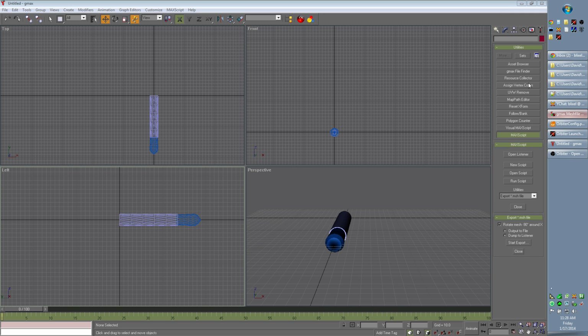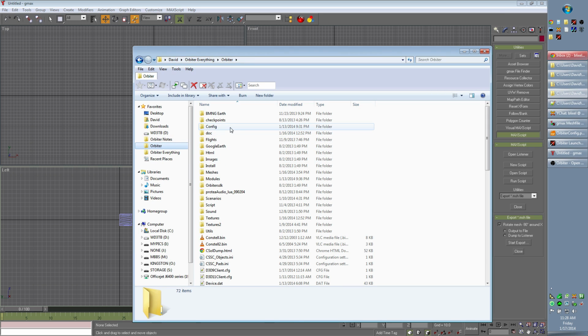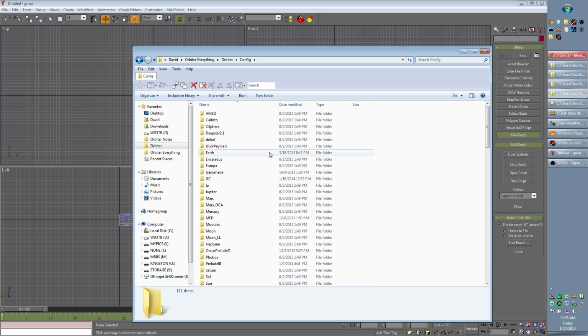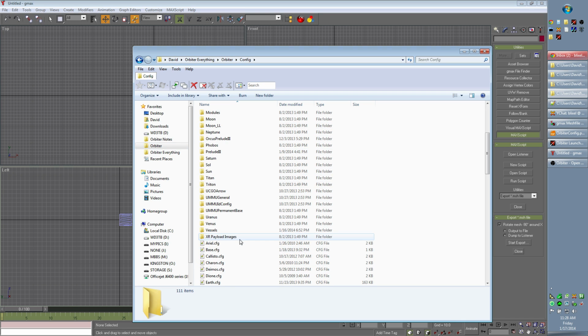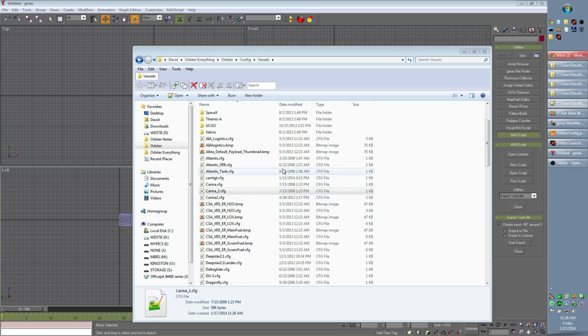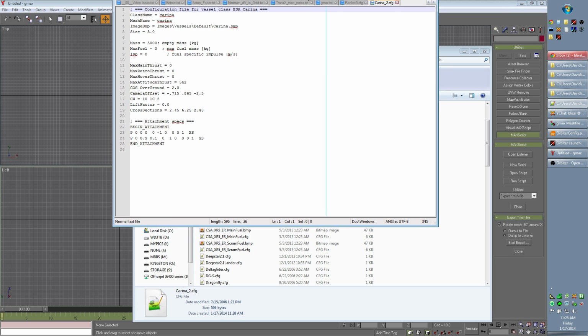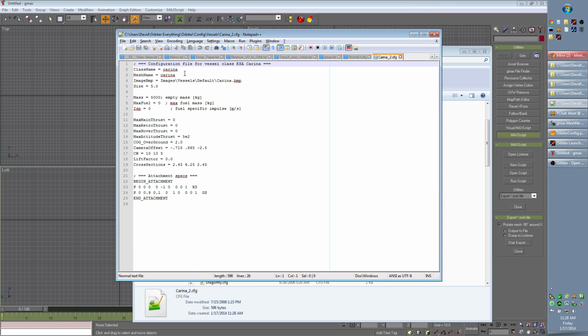inside of Orbiter. Now before we do that, we need to create some kind of configuration file to go along with the rocket. Go to your Orbiter directory, go to config, go to vessels, and the easiest thing to do is to take that carina.cfg that comes with Orbiter, make a copy of it, and edit that. So here you can see we have a Carina 2. Let me actually bring that down. There we go. We have Carina class name, and the mesh name is going to be,